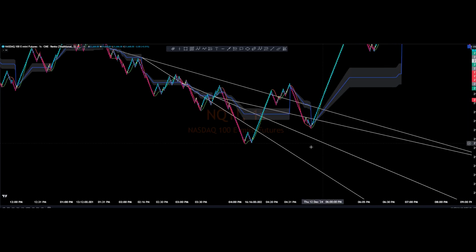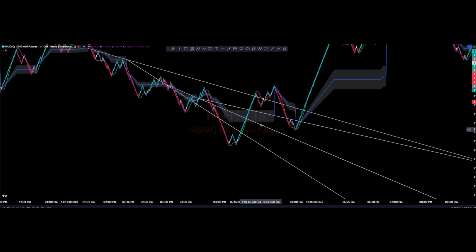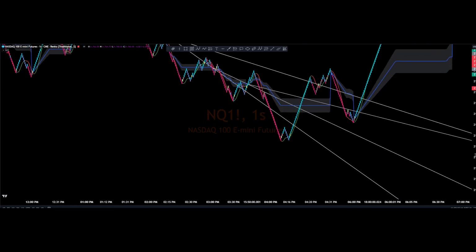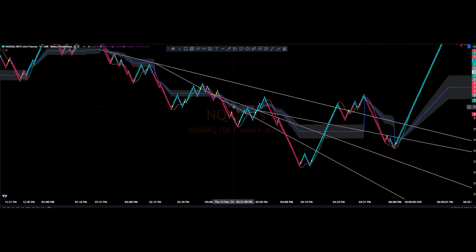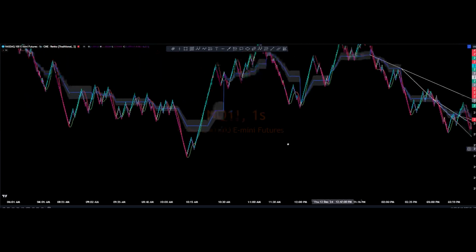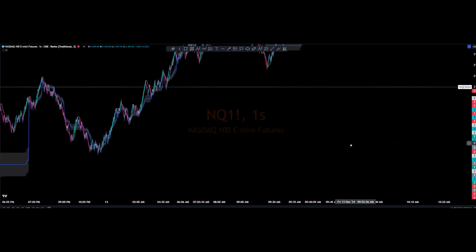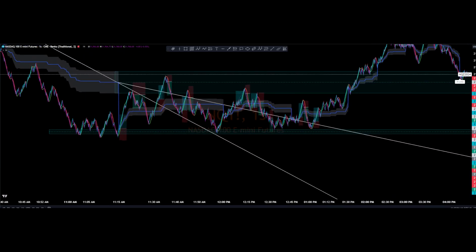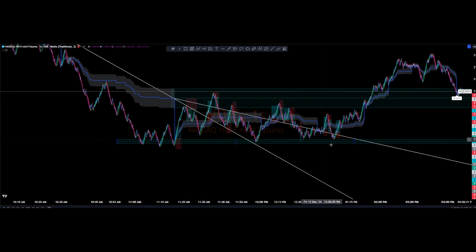Okay, yeah, I really like what's going on here because look at, we come down, we break back up, right? We come down, we break back up, and it's resisting, blowing right through it on this, which is awesome. But if you look, price is attracted to these lines. You know what I mean? So draw them out, play with it, back test, and see if you like it. But as far as for these consolidation trades,